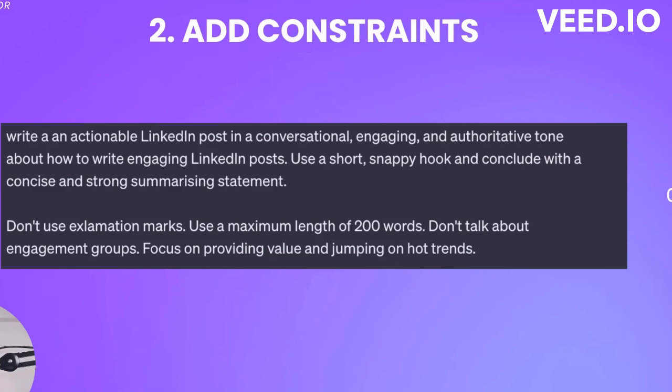So let's get to the fourth modifier, and that's example. Usually the easiest way to explain to both humans and AI what you're looking for is just showing them what you're looking for. For example, the easiest way to get ChatGPT to write an actionable LinkedIn post in your tone of voice is by giving it an actionable LinkedIn post in your tone of voice, and then letting it learn from this. So lastly, you can see now in this prompt, this is the original prompt. We have constraints, we have some context, and now we've added a full example of some of our posts, or maybe a post that inspired us by someone else. This is completely open here.